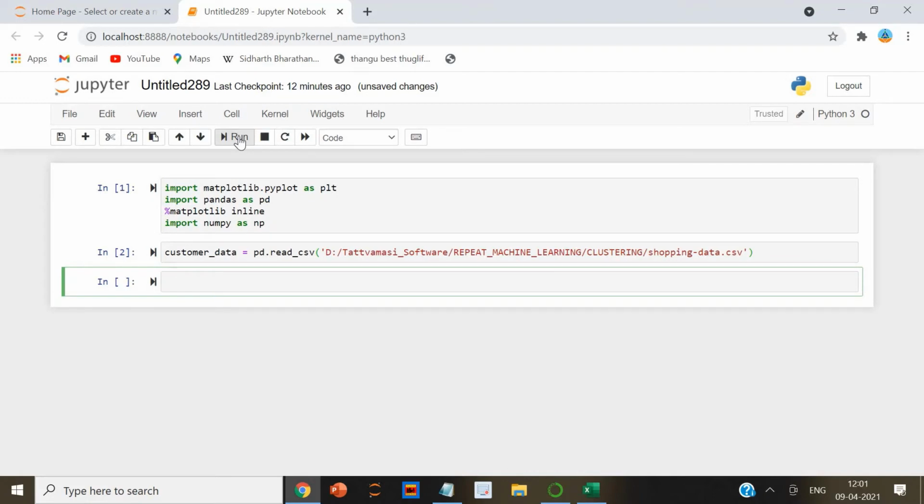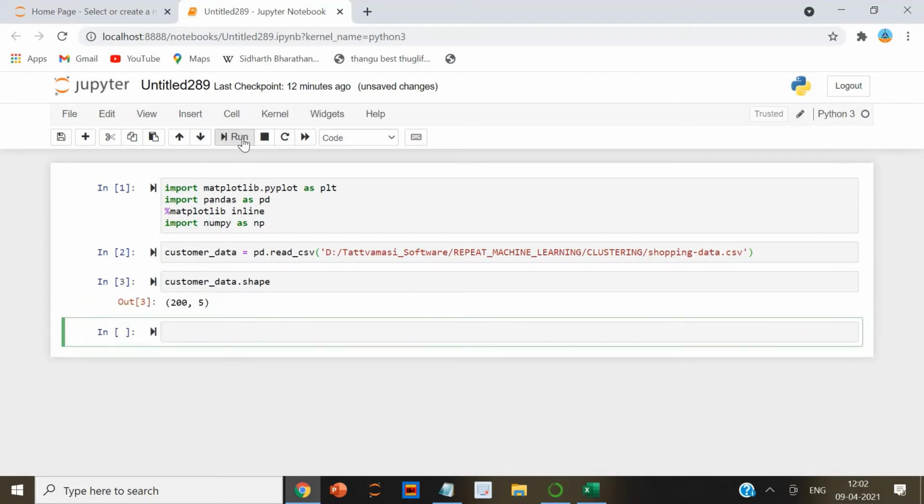Let's explore our data set a bit. To check the number of records and attributes, execute the following script. The script above returns 200 comma 5, which means that the dataset contains 200 records and 5 attributes.